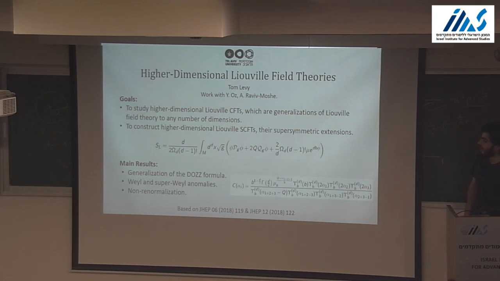If we combine this with phi being a linear dilaton, so it transforms linearly with respect to the Weyl factor, we find that this action is classically Weyl invariant. And the field equations derived from this action describe manifolds with constant negative Q curvature. In the quantum theory, phi has a logarithmic 2-point function, and the primary conformal operators of this theory are known as vertex operators. These are exponents of phi, operators of the form e to the power of d times alpha times phi, where alpha is some parameter. Looking at the scaling dimension of these primary conformal operators, we find that our theory has a continuous spectrum